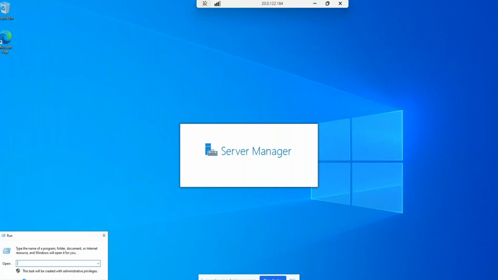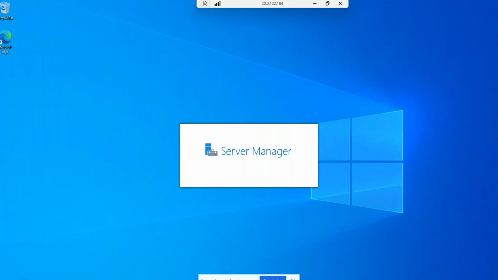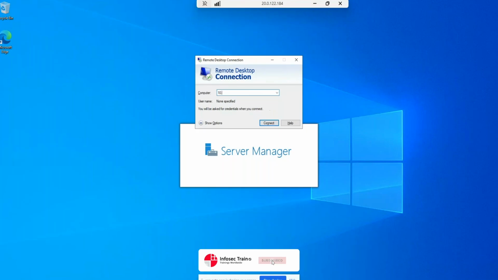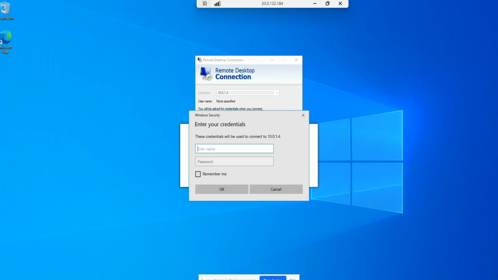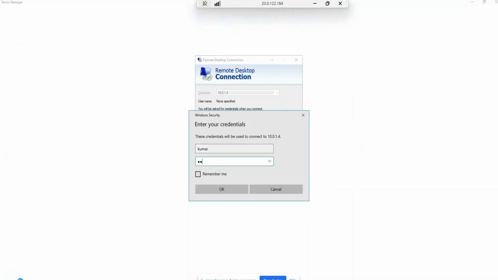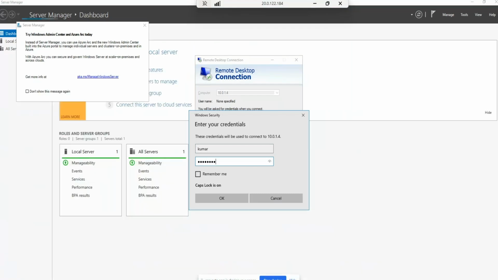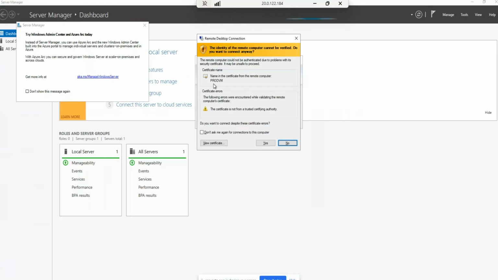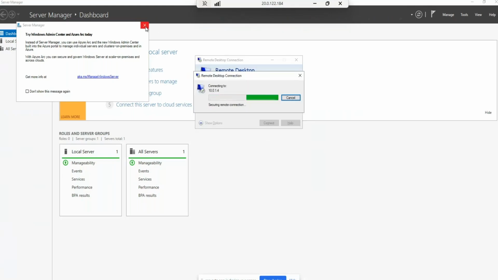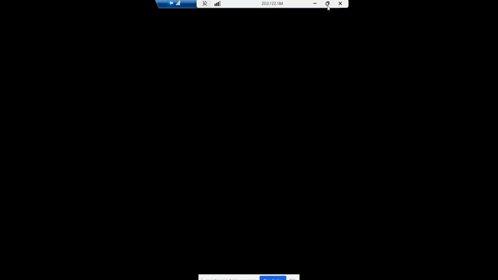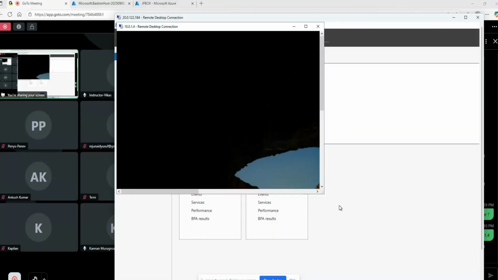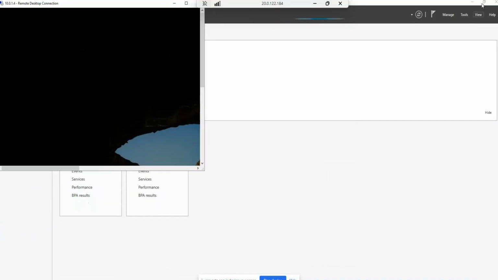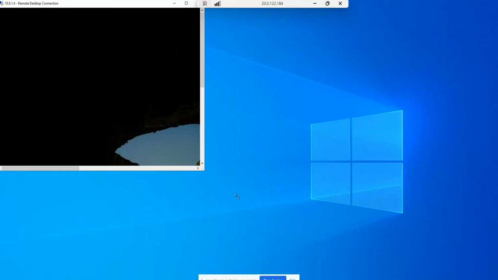I go to another RDP, and this time I'm using 10.0.1.4. You see, prod VM. So it's actually RDP into RDP.